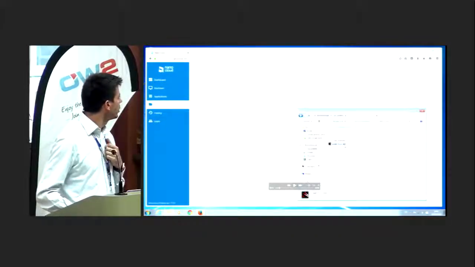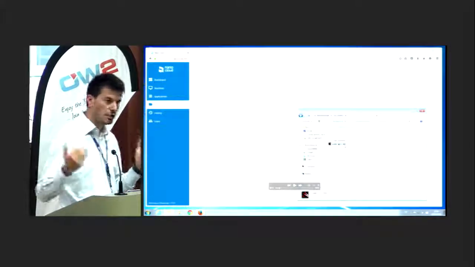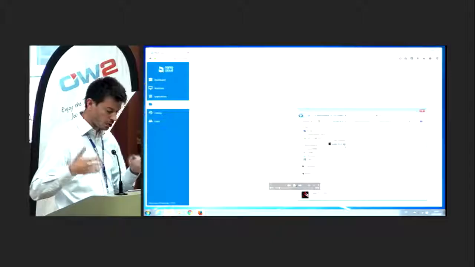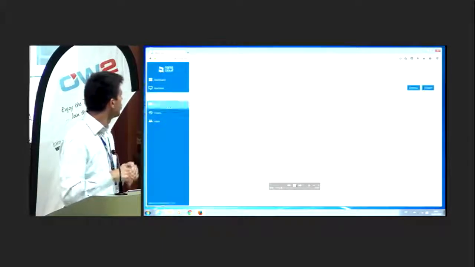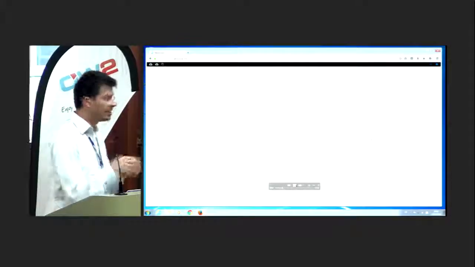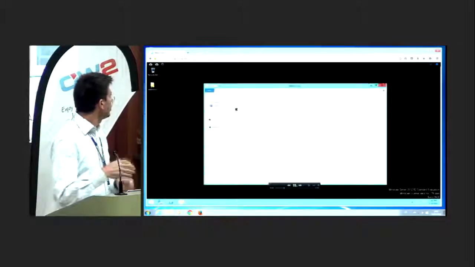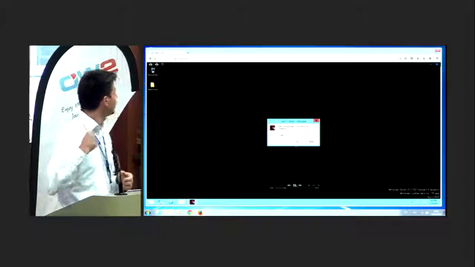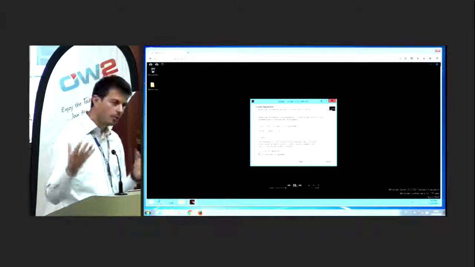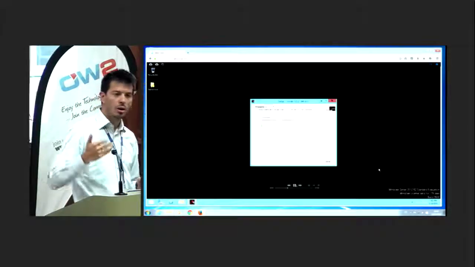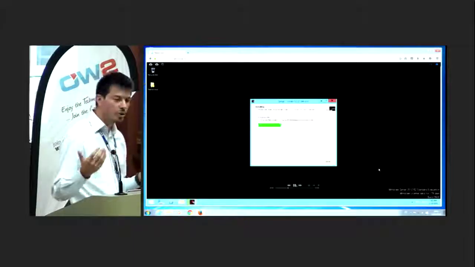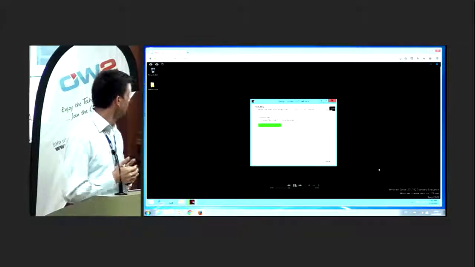So I will drag and drop the installation file, the MSI, or whatever file you need to install the software, onto my web browser. So it will be available inside the cloud, the installation package. Now I can run a remote desktop, find my installation file, and run it. It's exactly the same as if you install it on your laptop. So you have a remote desktop and you install the application.